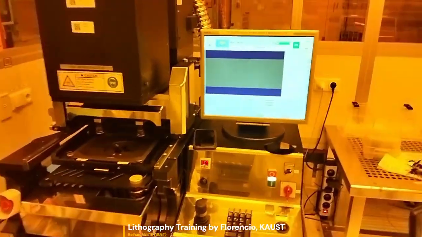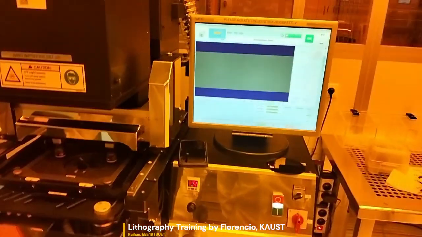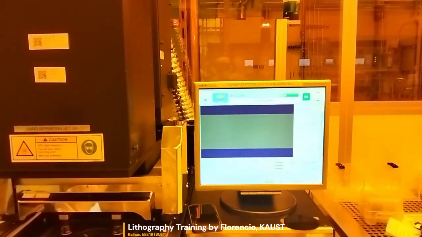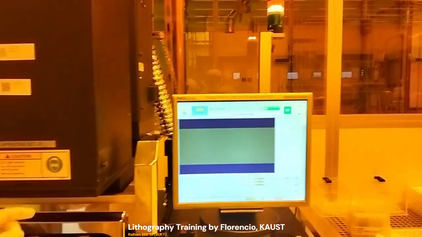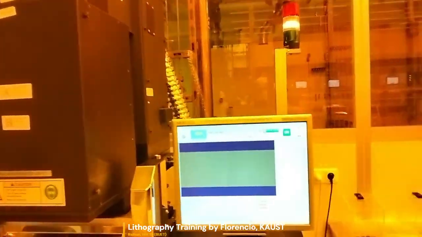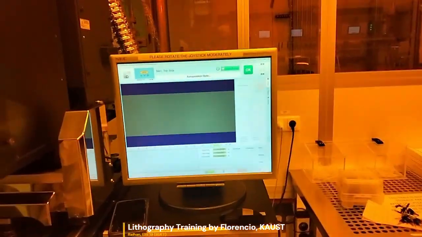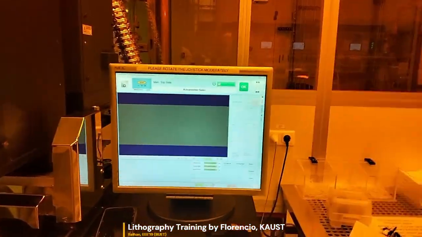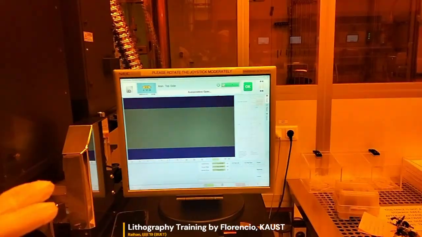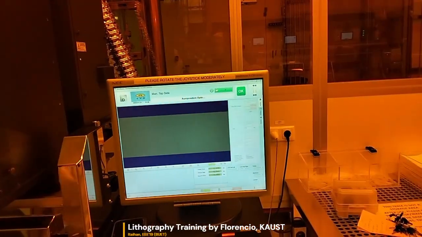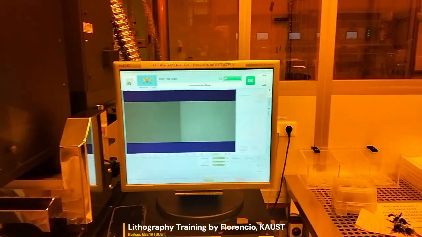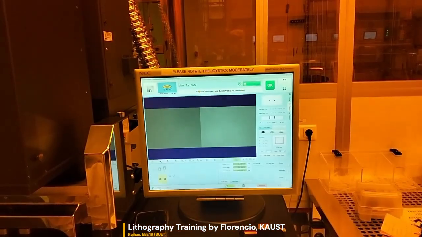Any reason why the chrome part has to be on the bottom? Because it is directly in contact. The thickness of the mask is around 1 millimeter. So if the chrome is on top, there will be a gap between your material and the pattern itself. If chrome is in contact with my sample, is it already an inverted design?